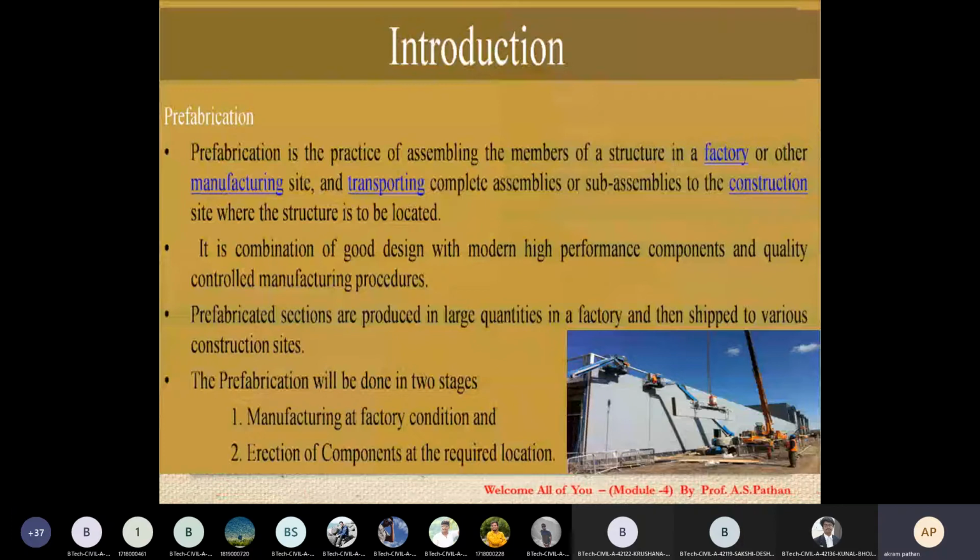So the fabrication will be done in two stages. Okay, the manufacturing at factory condition, and erection of component at the required location. So as per our demand, as per our project plan. Okay, so we need to give the certain dimension to the factory. So in the factory, all the component will be fabricated, and as per your demand, all the component will be manufactured in the industry itself, and then we need to transport, and we need erection of all the component